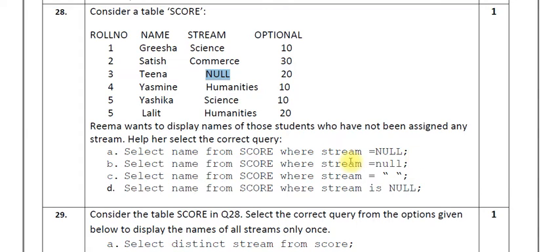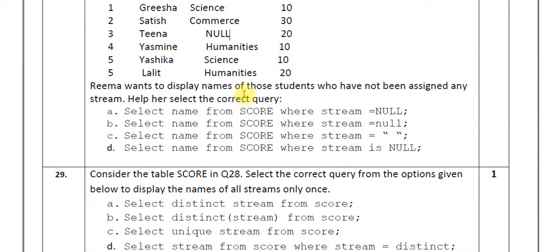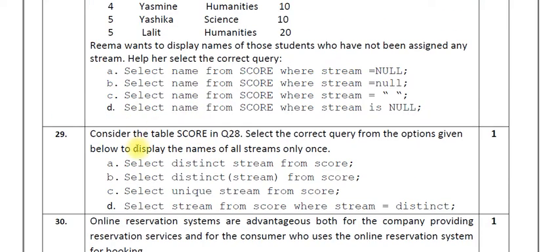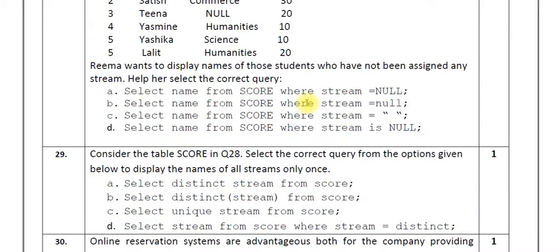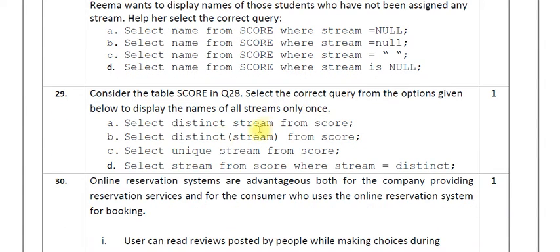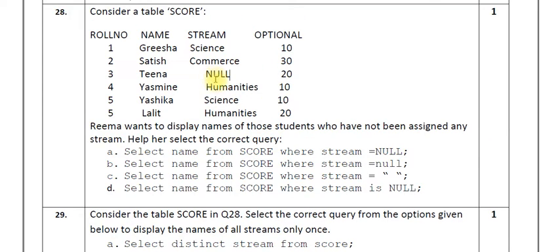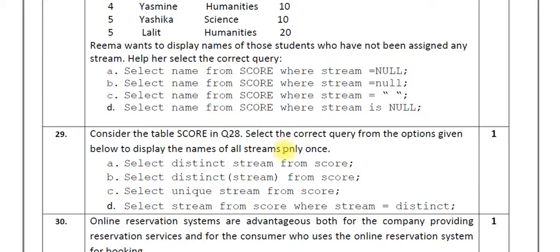Over here, multiple options are not given, so you have to select only one of it. Okay, next we have again one more question related with the same table. So these are chain questions. Remember, in chain questions sometimes the answer of one particular question can be used to answer the next question also.